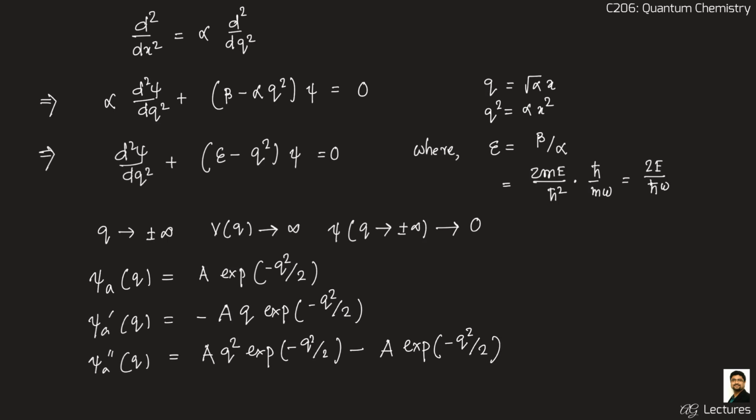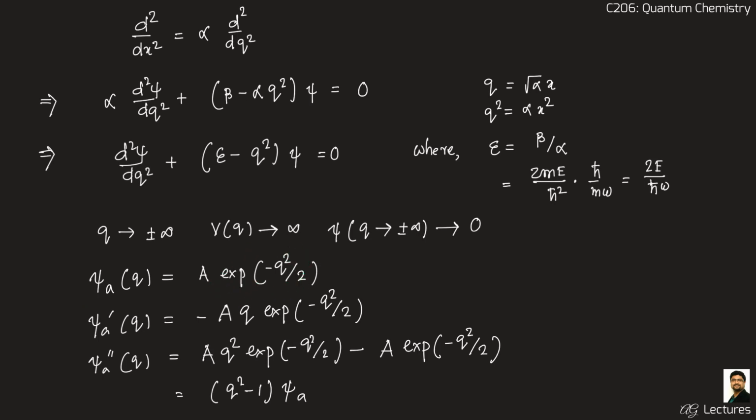So we have two parts, the q and an exponential, so we have to differentiate both one by one. That's exactly what I have done, and this can be further written as something like q square minus 1 into psi a. Now there is no doubt that psi a, the asymptotic form, goes to 0 as q goes to plus or minus infinity because of